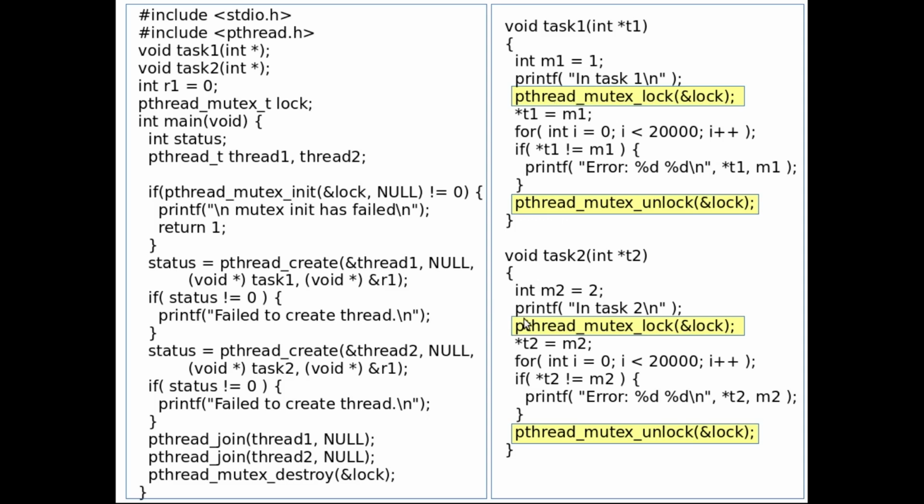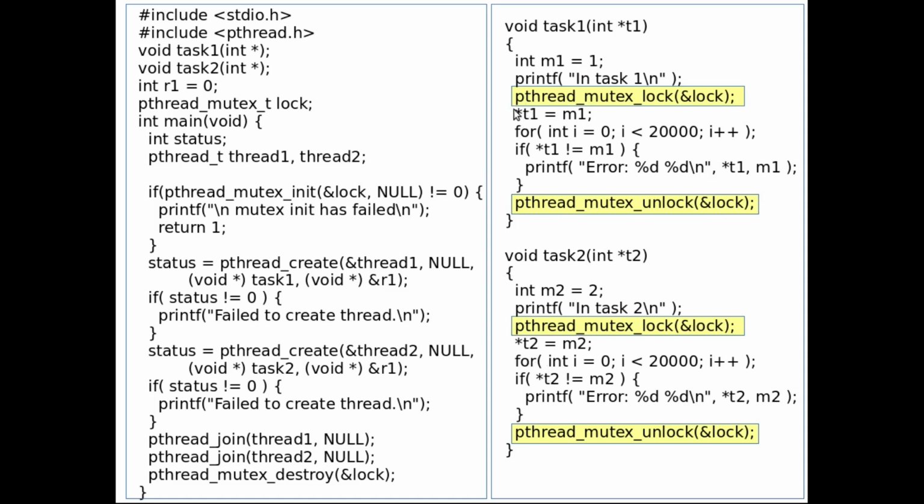So if now thread 2 tries to acquire the lock, it will be blocked, because the lock is already owned by thread 1, and hence it will not be able to execute this code.